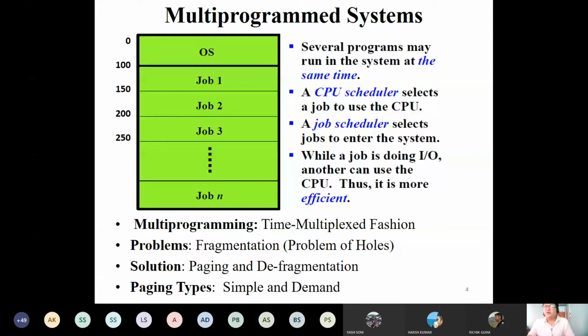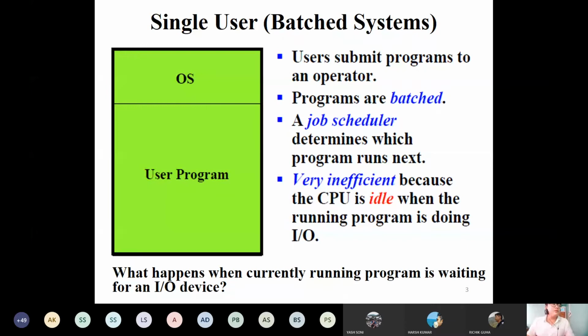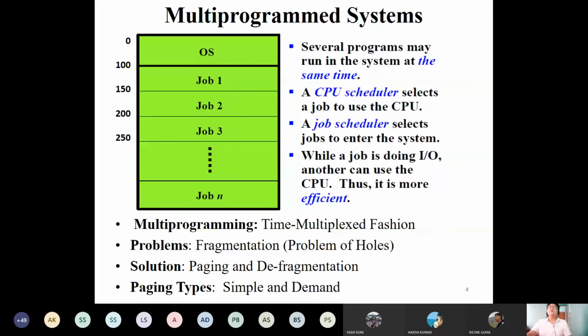Now problems. Recall the problem of the batch OS: only one task you can execute at a time, so memory is not utilized efficiently. Now, in order to utilize the memory efficiently,